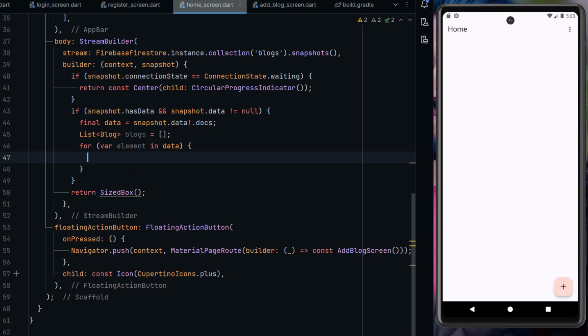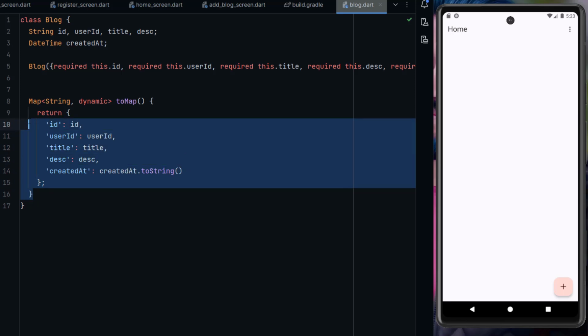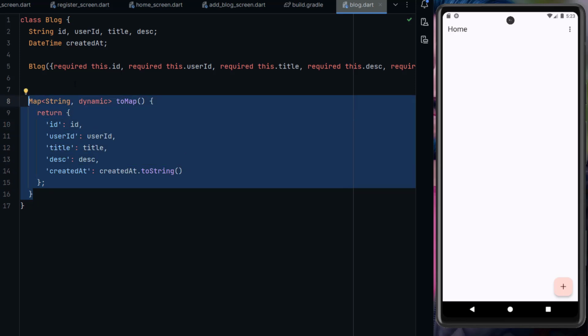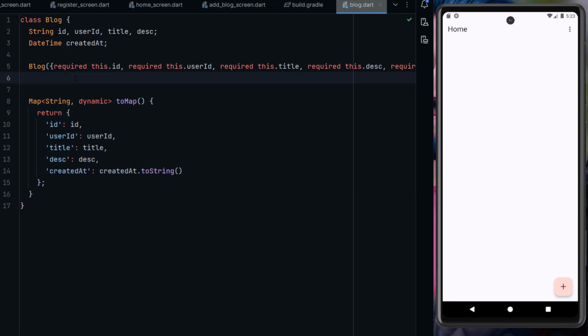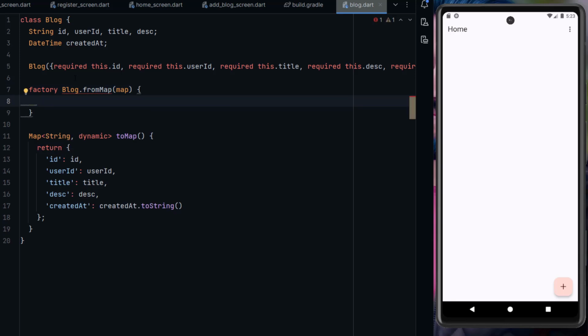Then we will convert these documents into our Dart object. For this purpose, open Blog here. As you know, while uploading the data, we convert our Dart object into a map. Now again, we will convert this map into our Dart object. For this purpose, we will create a factory constructor of our Blog, Blog.fromMap. We will pass data into this constructor as a map,